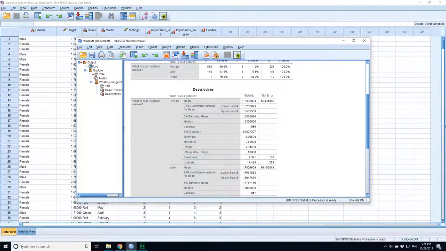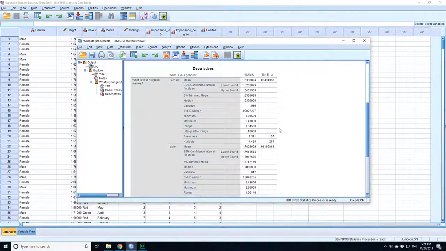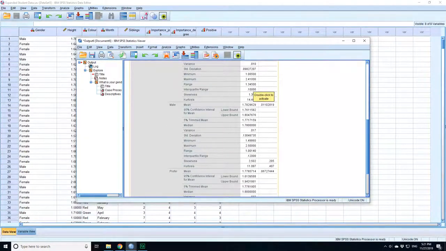This is telling you that it's very unlikely that the mean height of women is the same as the mean height of men. In fact, this is very strong evidence that they're not the same, because at the 95% level they do not overlap at all, and in fact they're not very close to each other in any shape or form.